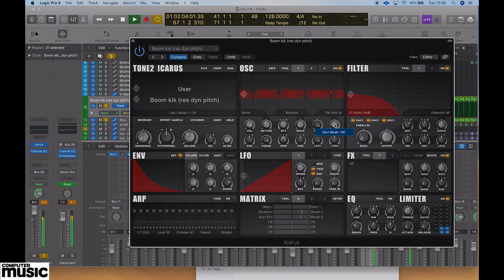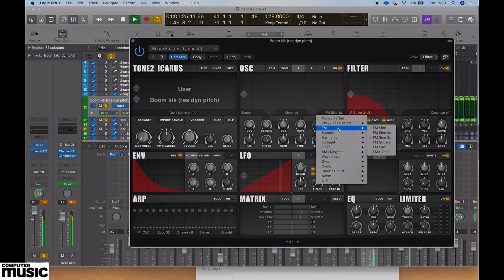Icarus is nice because it's pretty straightforward. It's almost the opposite of Falcon in that most things are on this one page. There's very few controls really. There's not that many modulation sources. There's enough for it to be usable, but you can sort of see everything,